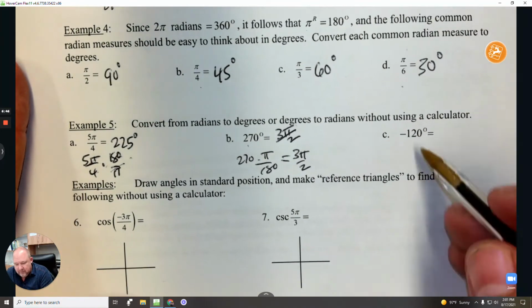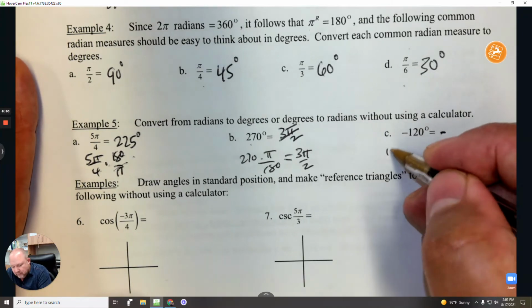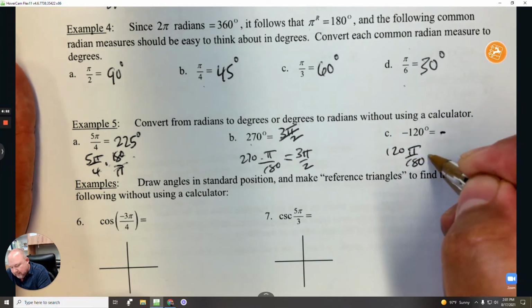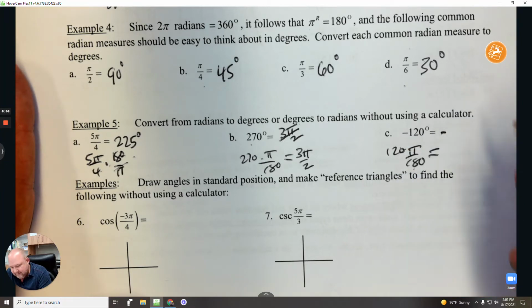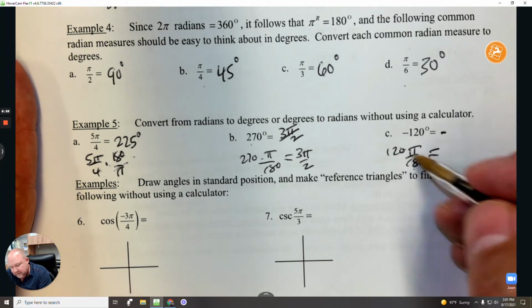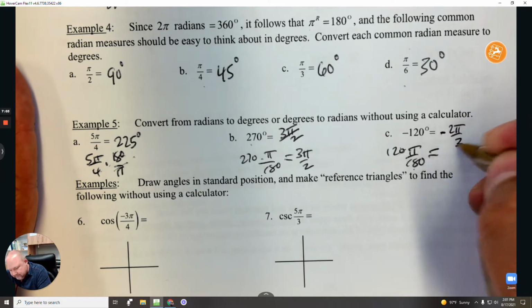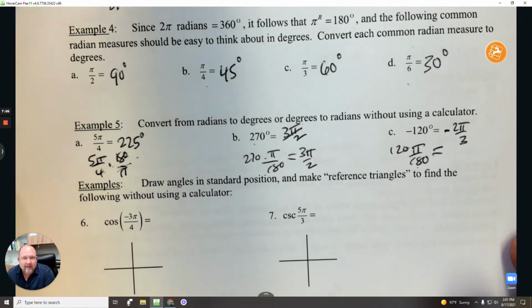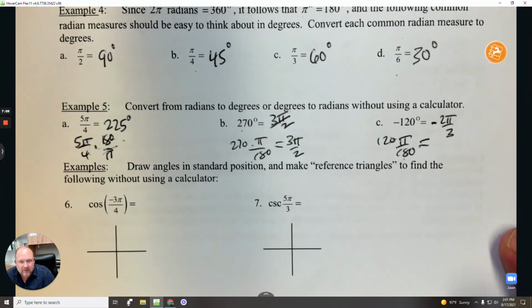Negative 120, don't be worried about the negative. That means just the angle's negative in radians. So 120 times pi over 180. You can divide by 10, 12 over 18. 6 goes into both. That's 2 pi over 3. During the assignment, you'll get more chance to really work through it and see what you need to know in